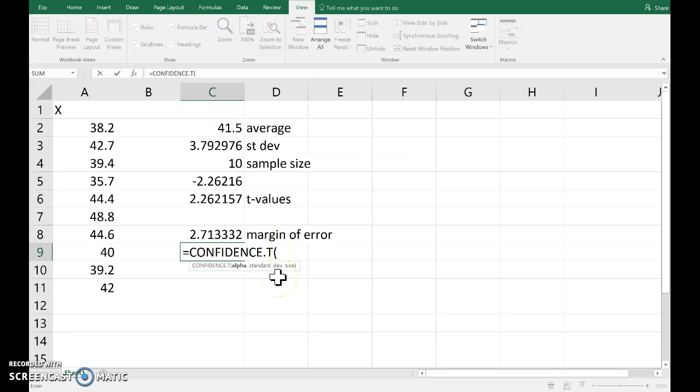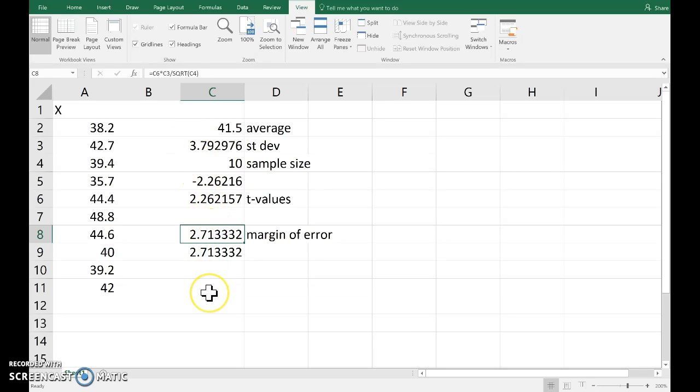Alpha in this case is 1 minus the 95%, in other words 5%. The standard deviation is the sample standard deviation, and the sample size n is 10. And if we use that function, we can see that that duplicates our t times s over the square root